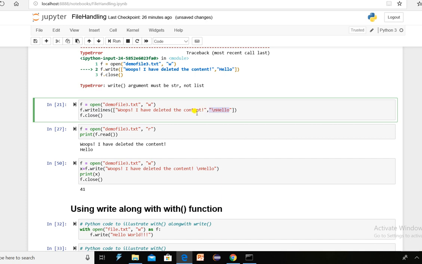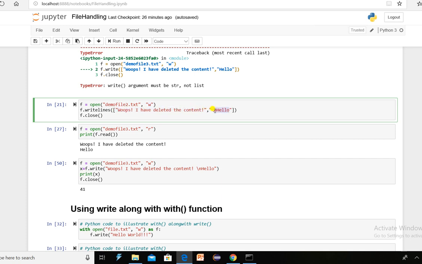The two strings I have written in demo2.txt. Okay, what happened? Prior, what were the contents of demo2.txt? "Oops, I have deleted the contents." Again, that will get overwritten with the first line as "oops, I have deleted the contents."